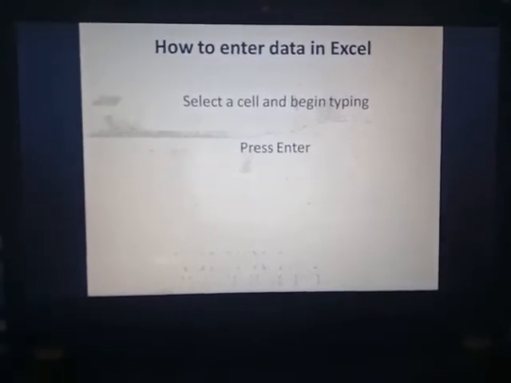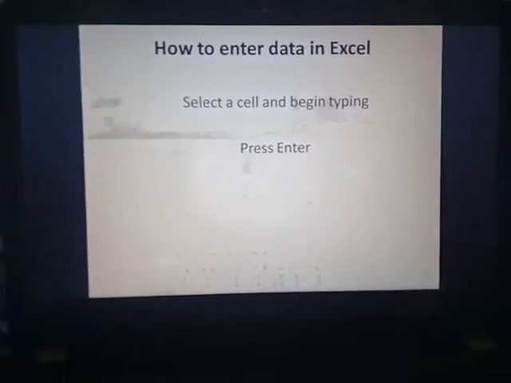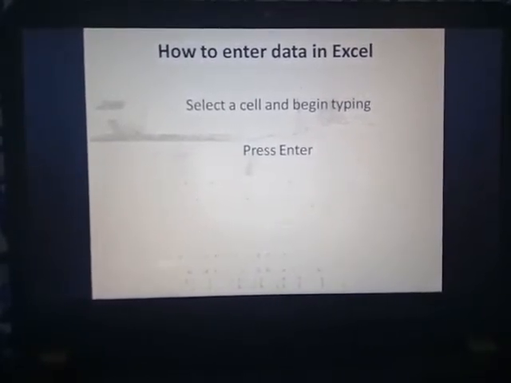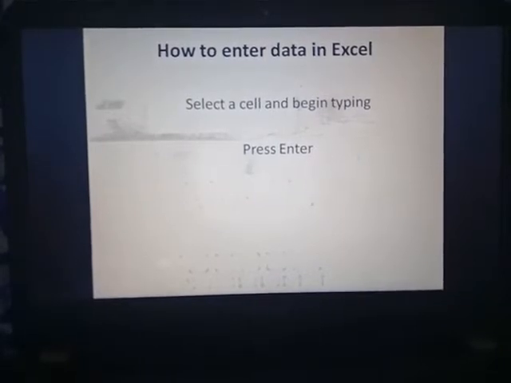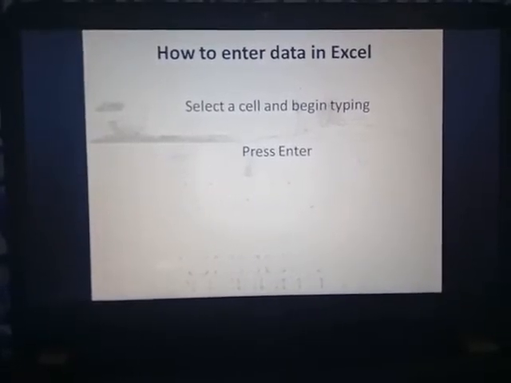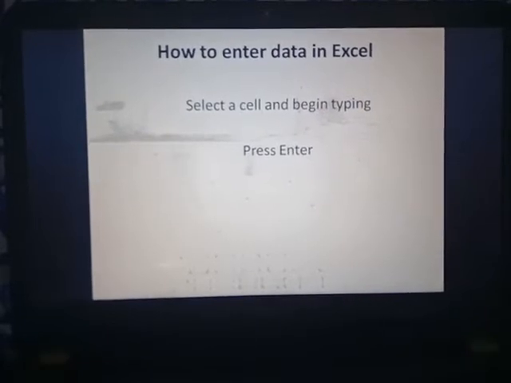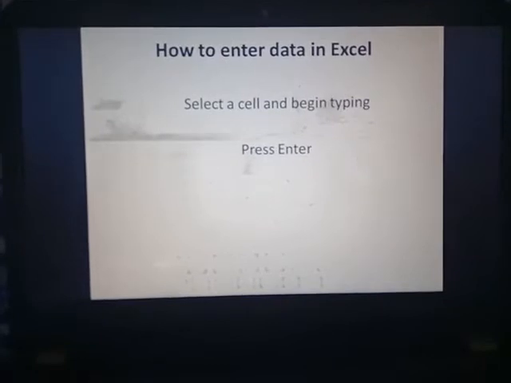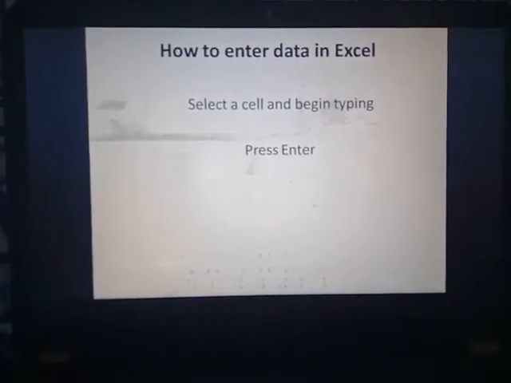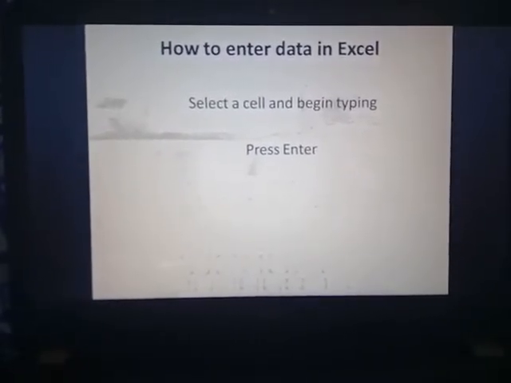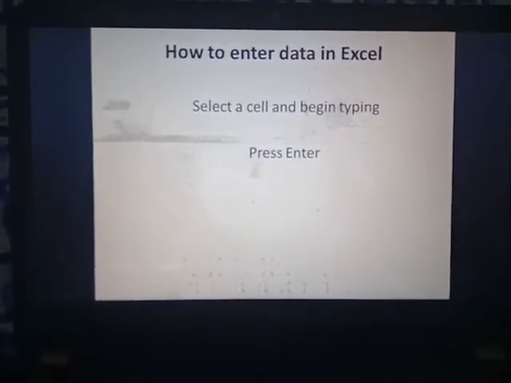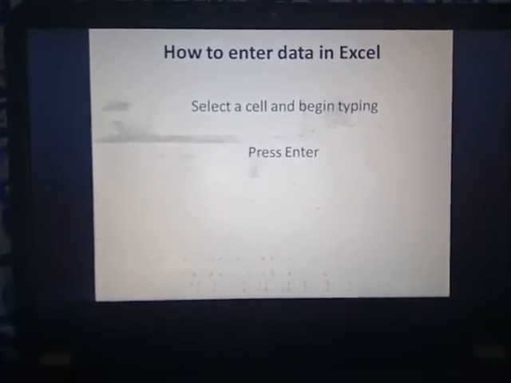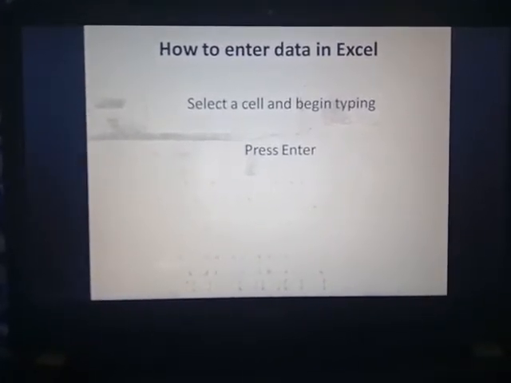This is the way to enter the data, but sometimes we have to edit our data. Maybe you have written something wrong. If you have to change the data, then how will you edit that particular cell, or the data which is fed in Excel? For that, we have to edit our data if we write something wrong. Today we will learn how to edit a worksheet, that is, how to edit our data in MS Excel.